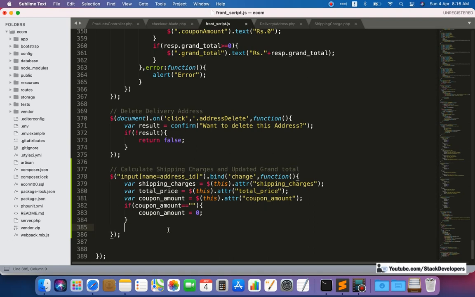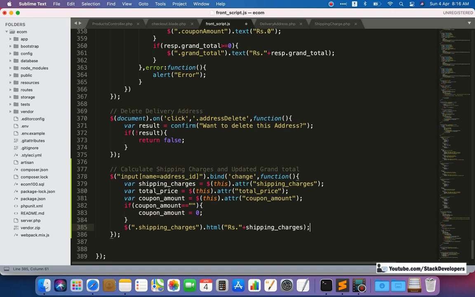Here we are going to update like, for the shipping charges we can simply get that class shipping charge like this, and we are going to assign the HTML. In HTML we are having the rupees plus we are getting the shipping charges.